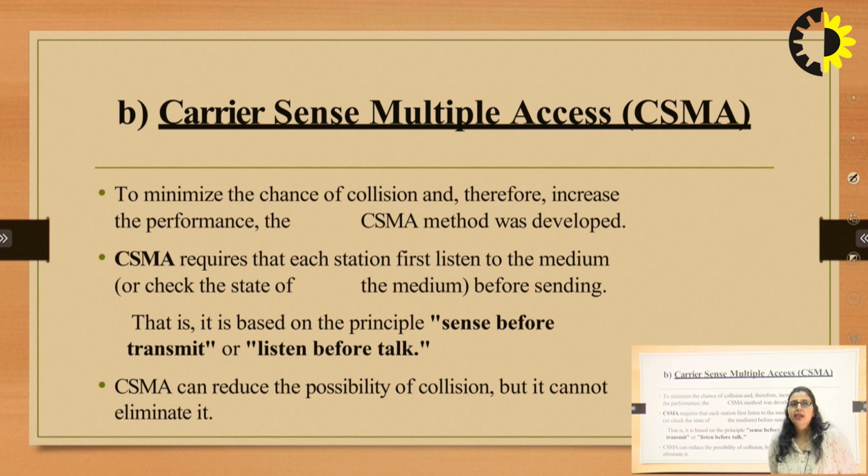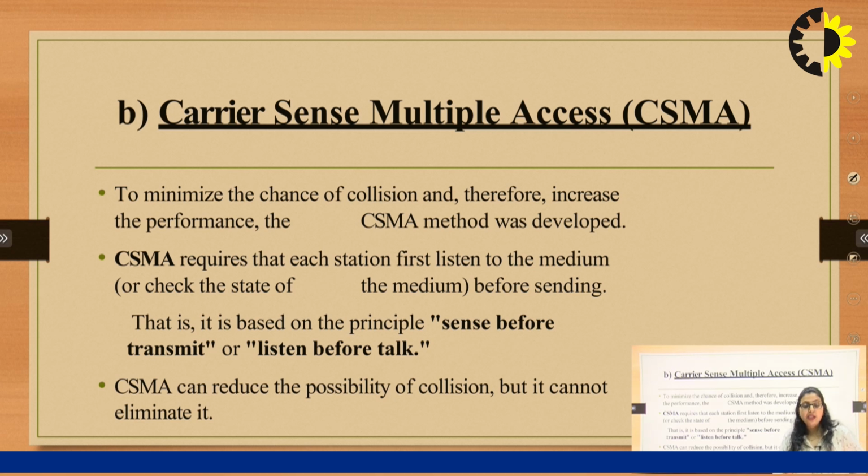So the next one is CSMA. Still, in pure Aloha, there was so much collision. It improves by introducing slotted Aloha, but there are still chances of collision because its efficiency is only 36.8%. So we need to improve that efficiency, and we want that whatever data we send should be received at the receiver end, just as we have sent it.